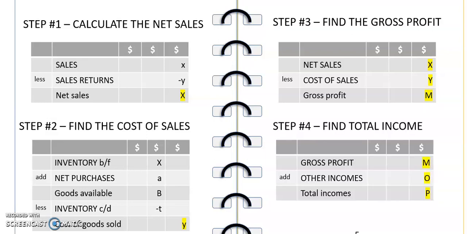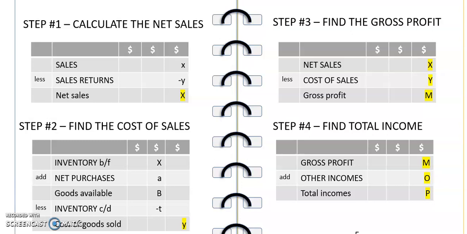Step 4 is to find the total income. So the total income would be, as I said, the gross profit that you just calculated, and you're going to add to that all the other incomes that the business would have generated. As I said, you can recognize the other incomes because they will carry that word received, past tense. So therefore, rent received, discount received, commission received, and of course,